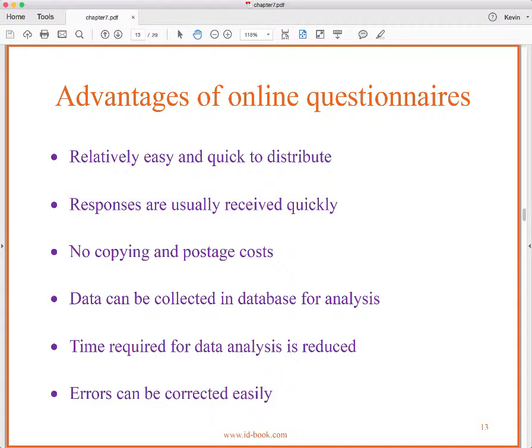So I've been pitching the advantages of the online administration of questionnaires really all the way through here. So this in a lot of ways is going to be a review. It's relatively easy and quick to distribute. Responses are usually received quickly. There are no copying and postage costs. Data can be collected in a database for analysis. The time required for data analysis is reduced, and errors can be easily corrected. So, for instance,